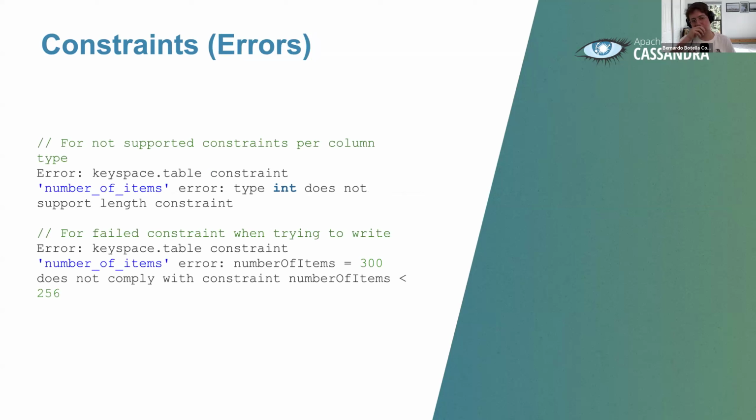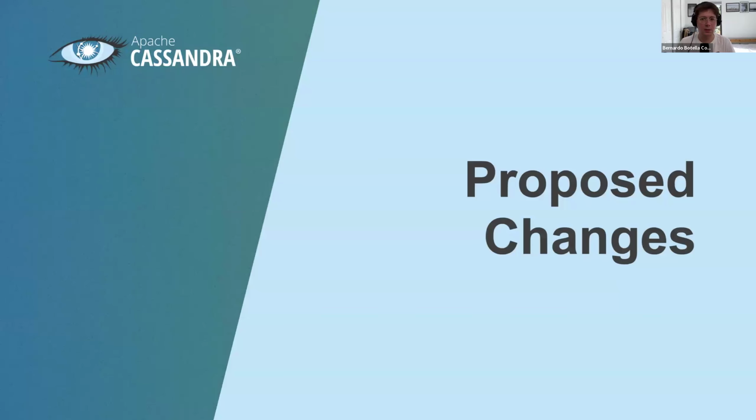Now, as per the errors that we can have, the first error is the one that I was mentioning before, the parameters for the CQL function inside the condition of the constraint need to be of a valid type. And then the second type of error that will happen at write time, and I will show you later on in the actual demo, is what happens if the constraint is not met. So yeah, this is basically what this error is describing. All right, what are the changes we are proposing?